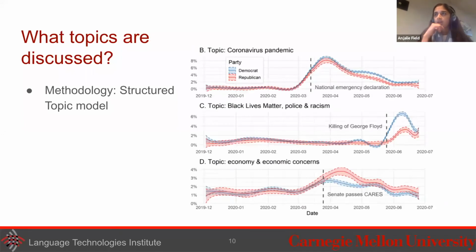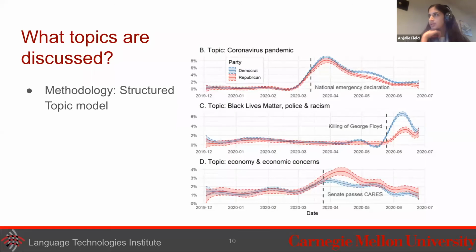So regarding what topics are discussed, the main methodology that the researchers use to look at this is a topic model. Specifically, they use a variant called a structured topic model. I'm going to talk a little bit more about this later, so I'm not going to go in depth on the methods right now. But they look at, across these emails from different campaigns, what topics do they talk about? And this is something that they say, oh, kind of as expected, we see similar